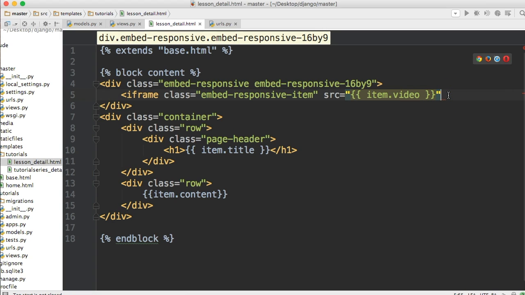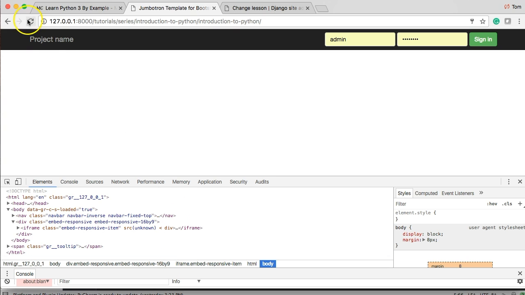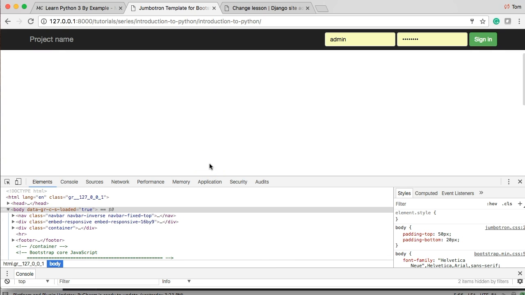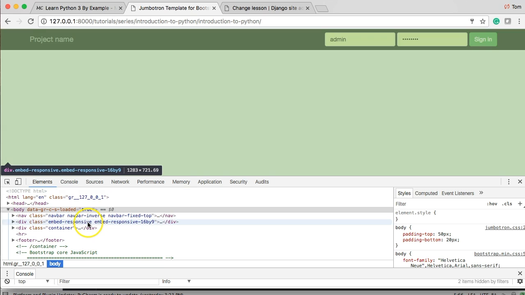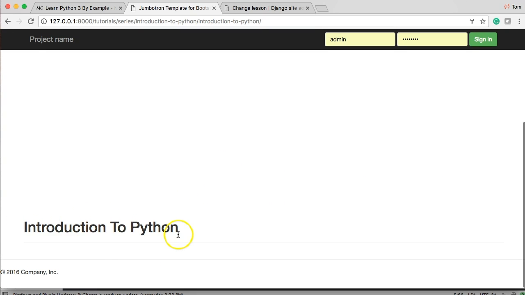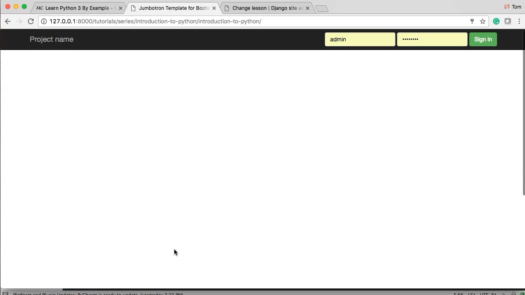Oh. I'm missing the end of my iframe here. There we go. There's our introduction to Python. We didn't have any content for the content, and as you can see, I am an idiot. Anyway,